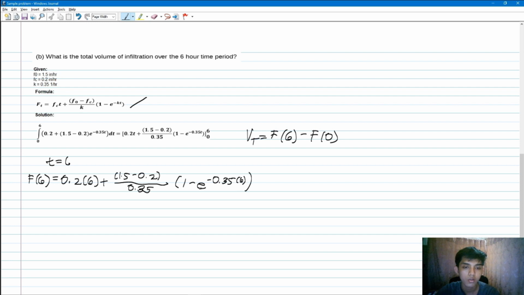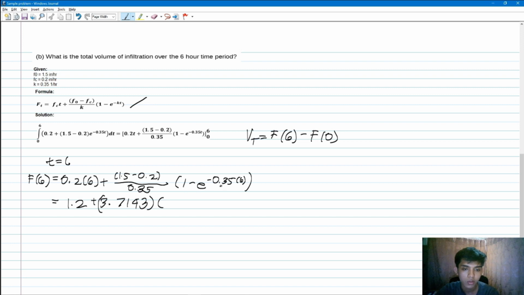So we have 0.2 times 6, we have 1.2, plus this, which will be equal to 3.7143